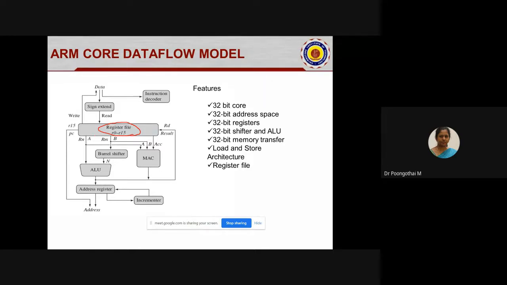Okay. So basically we have two source operands, Rn and Rm, and one of the operands is preprocessed by the parallel shifter in order to improve the capability of your ARM Cortex M4 processor. So before one of the operands enters the ALU, it is pre-processed by the parallel shifter.